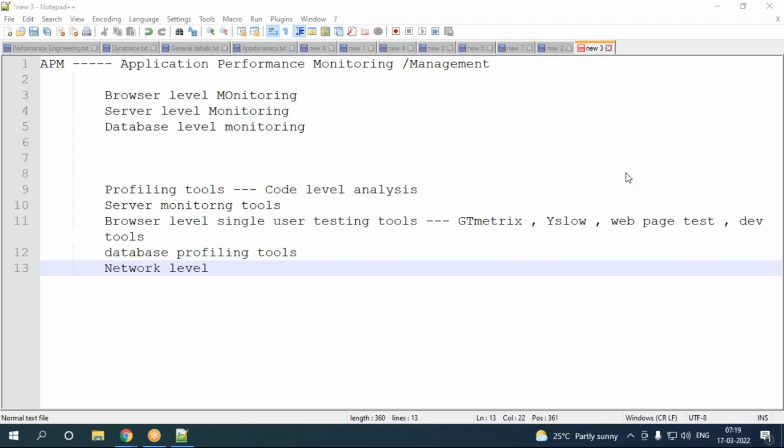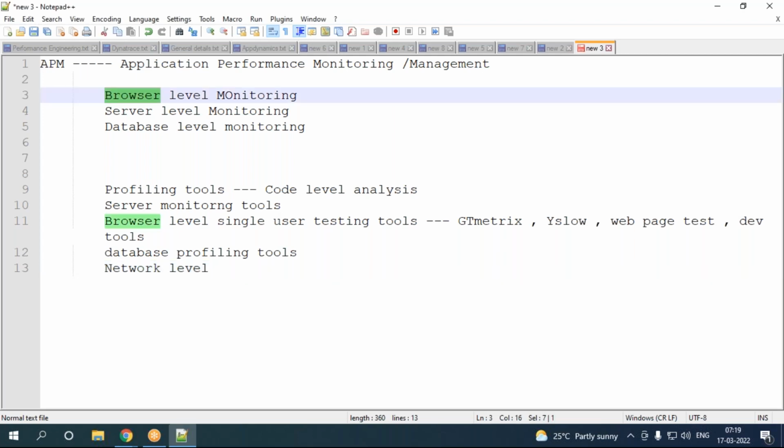Yeah. So now we have the understanding of why these APM tools are actually used, and I also told you your performance testing tools are not providing browser level metrics. So yes, your APM tools are actually providing browser level metrics. So that is also one of the key features. And for performance,